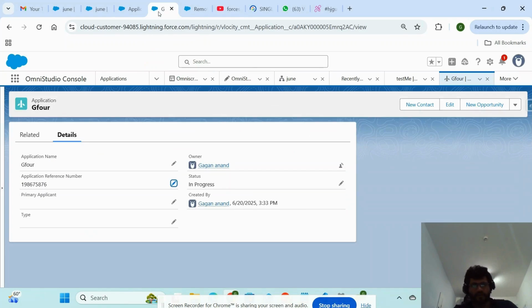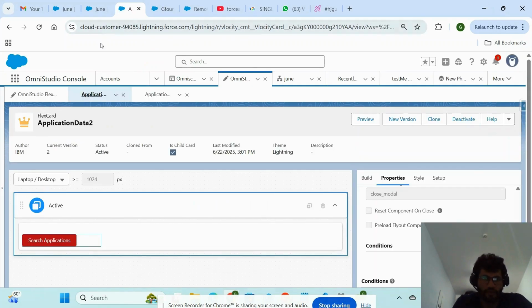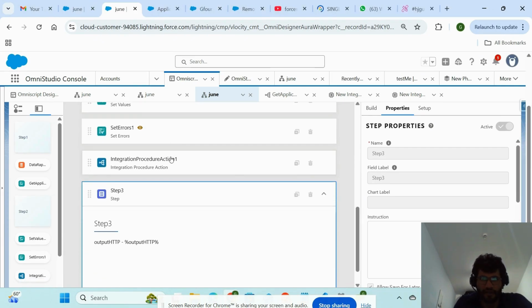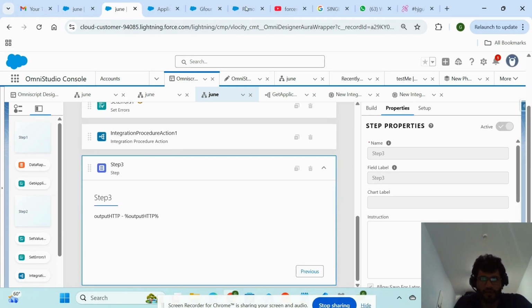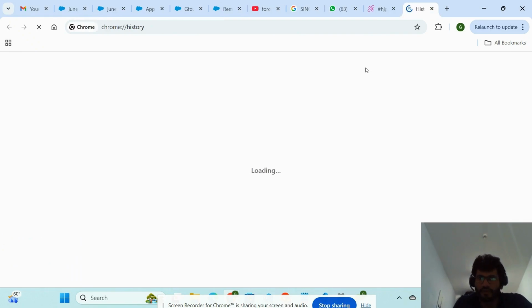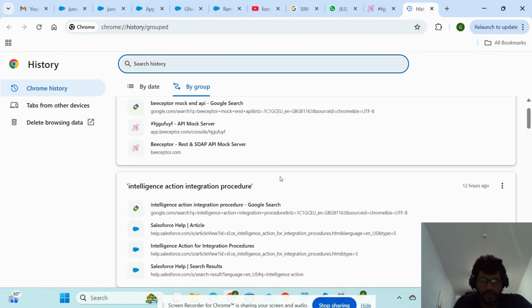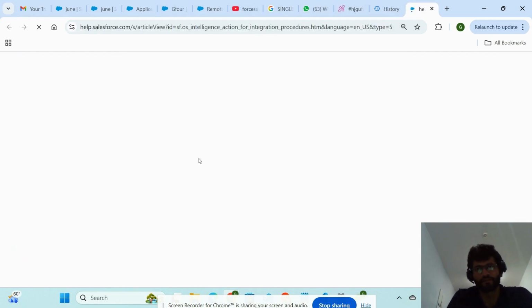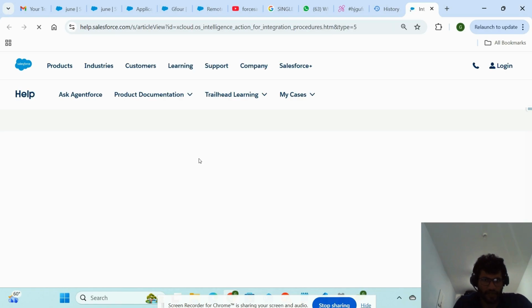But if you're getting any error, you can just ping me or comment down, I will help you out. In order to get rid of that error, I have done some configuration. So let me see if I can go and check. Yeah, this is the help article. Here I was getting some FlexCard action error. In order to resolve that, what I have done,